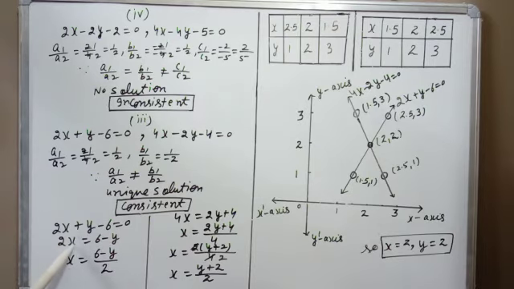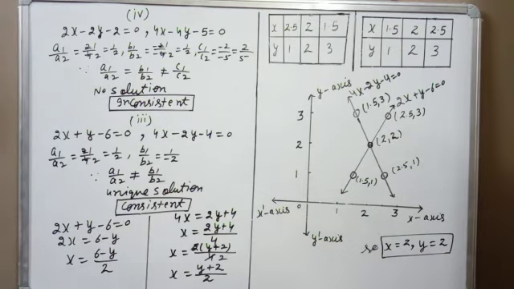So 2x on the left hand side, these will shift to the right hand side, and 2 will divide. In the same way, these will shift to the right hand side, and 4 will divide. So you can directly put the value of y here, or if you want to make the question simple, you can take 2 common from the numerator. So 2 is common here, y plus 2 is left, this cancels with 4, you will get y upon 2 upon 2. So here we have to find out the answer.